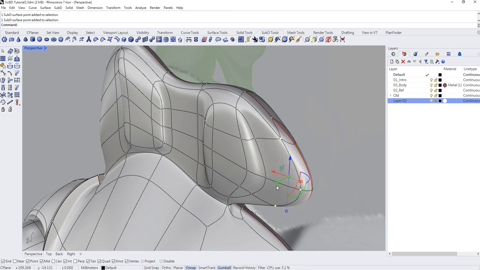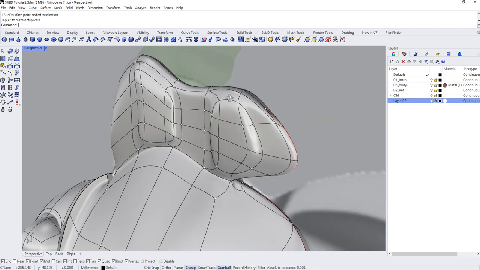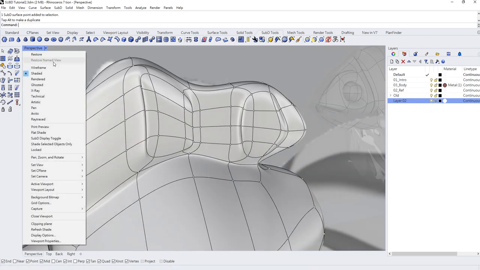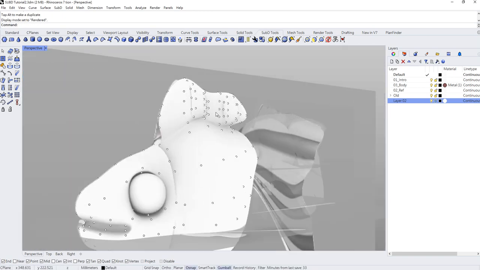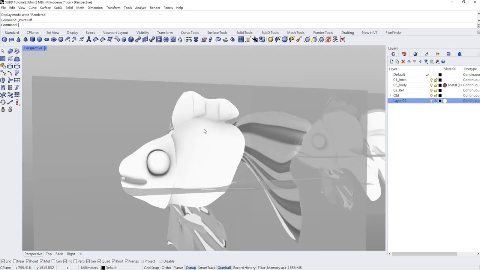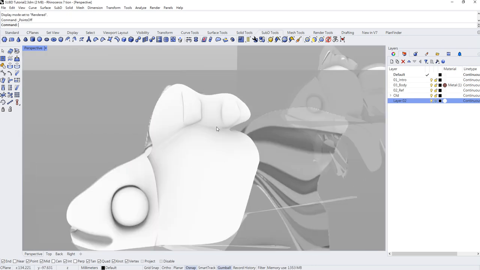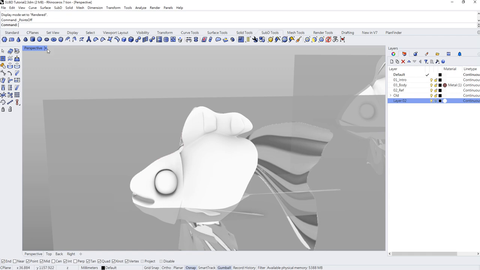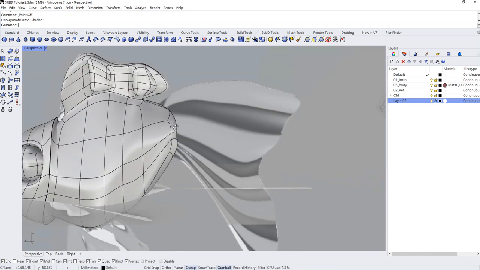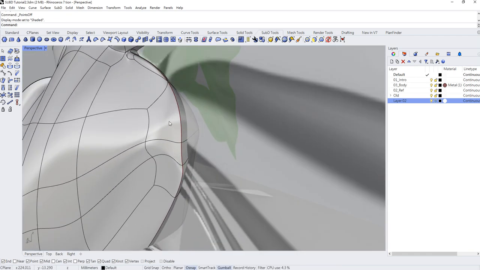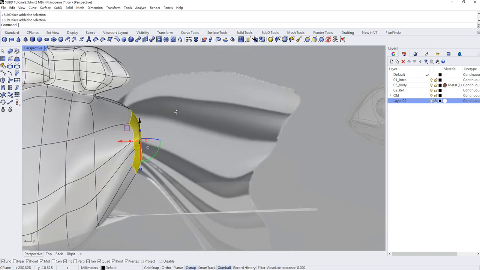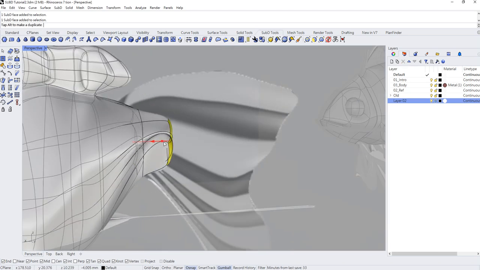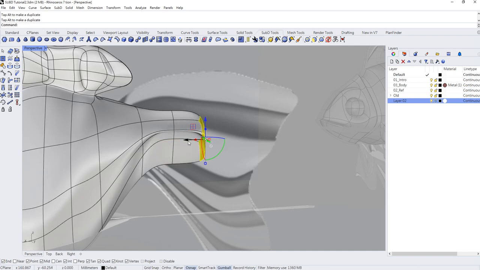And I want to make them more thin, so let's just flatten them. Once you finish, go back to the render mode and take a look. Alright, so now we have this one, so let's go to the fishtail. The fishtail, very easy. Let's just choose the face right here, and then again extrude 1 time, 2 times, 3 times,